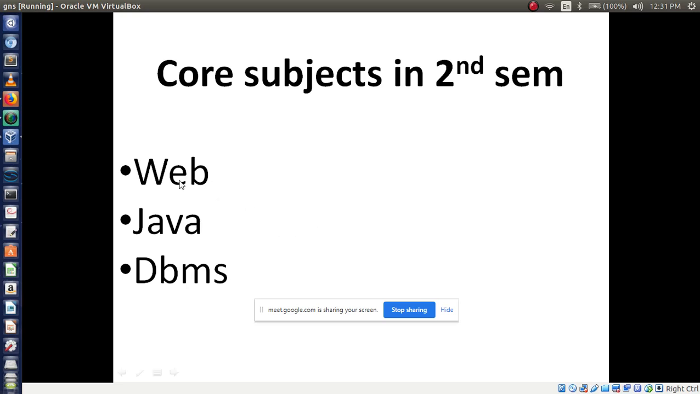Which tag do you have to use to display web java dbms? Can anyone tell me? UL tag. Then to display each of web, java, dbms, which tag should I use? LI tag, right? Now what about this main heading, core subjects in second sem? How to display this one? Using